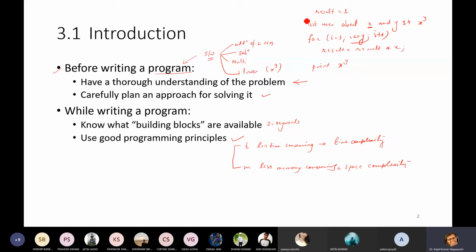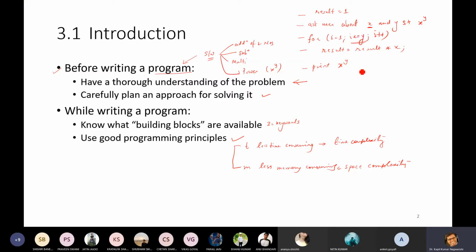In this program, it is not written in C language. It just uses what we need to do. This is just a rough draft of the program, where we initialize this value to 1. And what is the beauty of the for loop? The for loop is able to run until the condition is true.